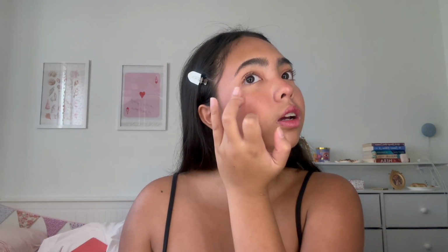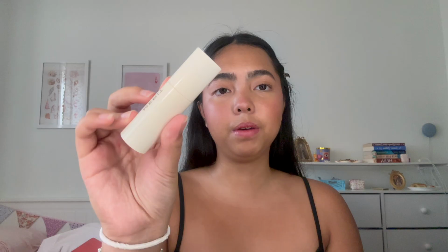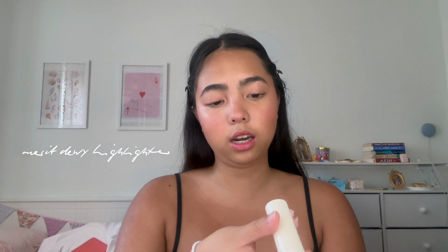And now you can even see the difference from everything after putting that blush and that highlighter. It gives you really that summery, shimmery, sun-kissed look. If you want, you can put some at the tip of your eyes, just like this. There we go. And then because I'm extra, I'm going to be putting my Merit highlighter again in the shade